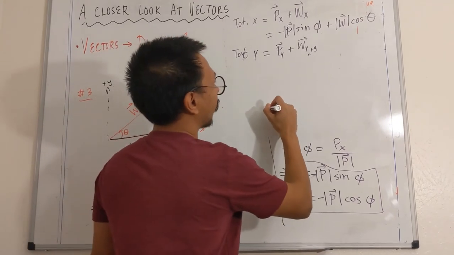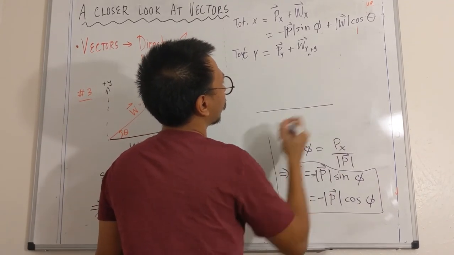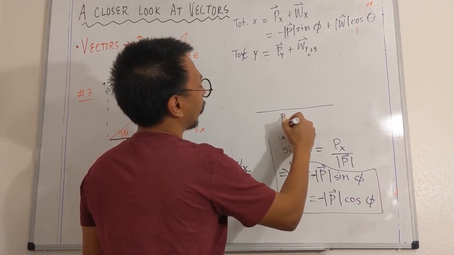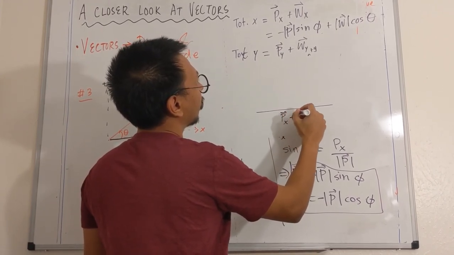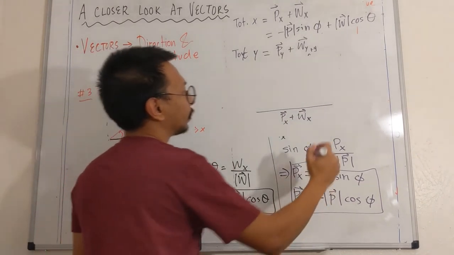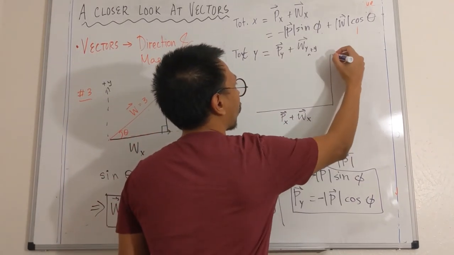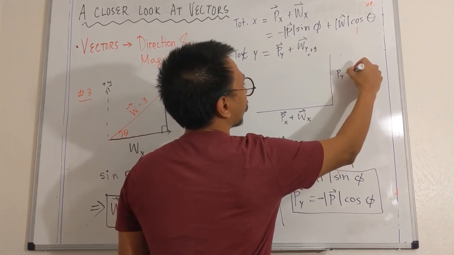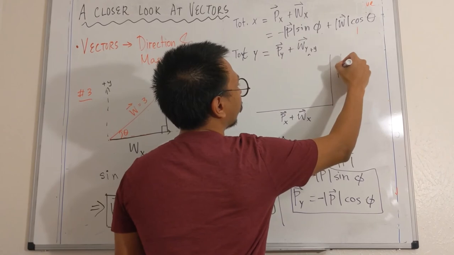The total triangle would be px plus wx, py plus wy,